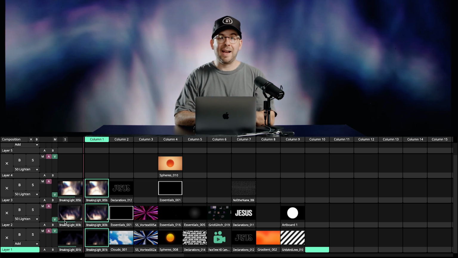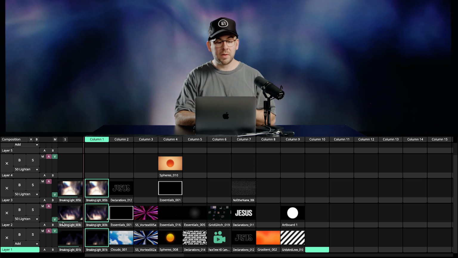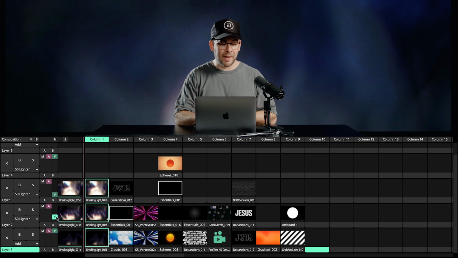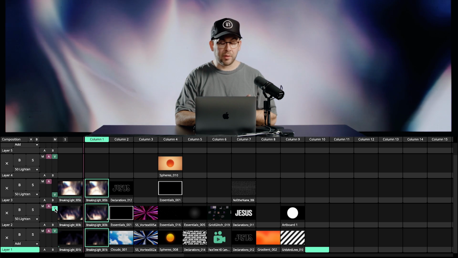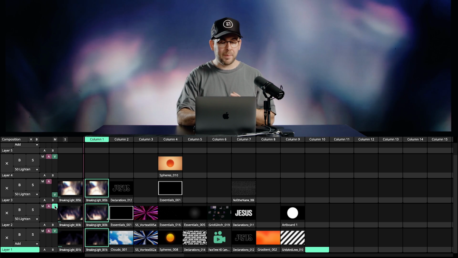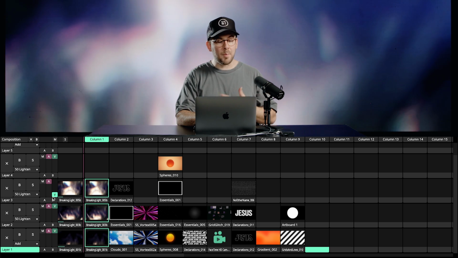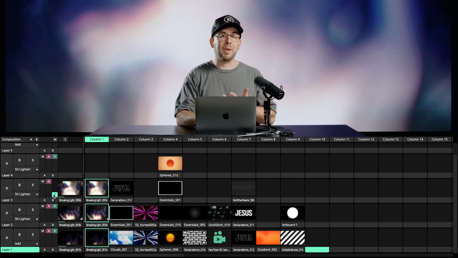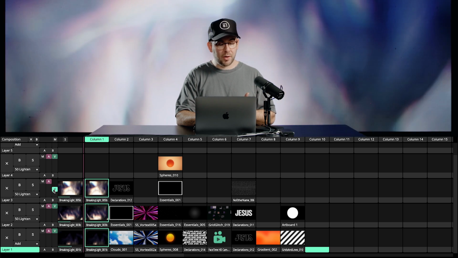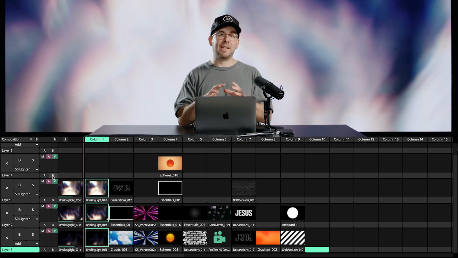And then let's say that as the song builds, as the dynamic of that song builds, as the band grows, we can start to introduce this second layer. So let's say we get to a chorus, and all of a sudden we're bringing up this second layer, right? A little bit brighter, a little bit more energy. And then let's go even further and take it into a chorus 3 and a bridge. And we want to take the energy up again without changing to an entirely different visual. We can actually fade this third layer up really slowly, and we've kept that same base look,